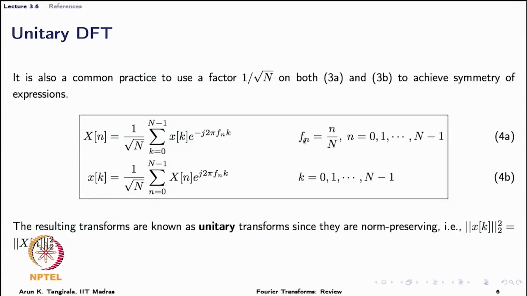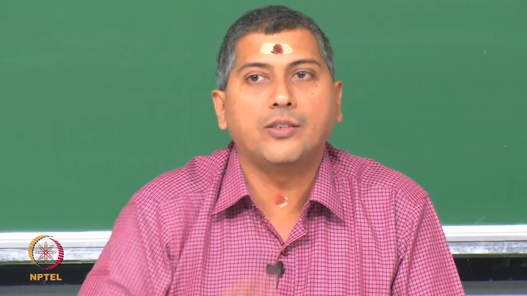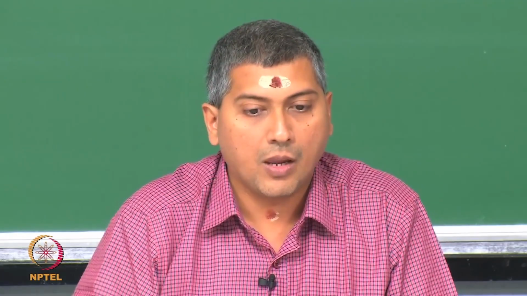Notice again, this is very important, until it becomes a practice you should keep telling yourself that you are computing at frequencies n over big N, where n runs from 0 to big N minus 1, and big N is the length of the signal. Of course, we have dropped the subscript L here. This is called an N point DFT, because I am evaluating the DFT at N points on the frequency axis.